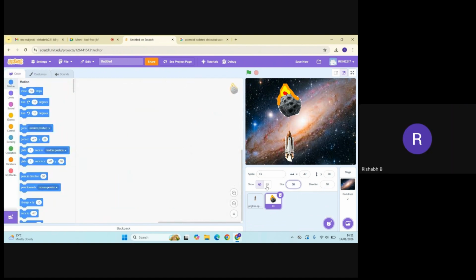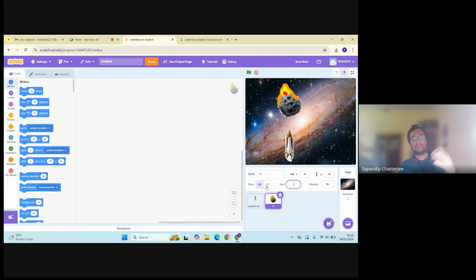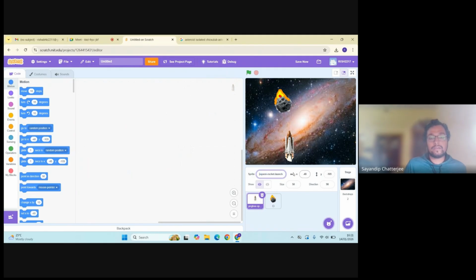What size do you want? 30 to 40, anything less than the rocket ship, right? That would make it look much better. Okay, the rocket is at 50, right? Okay, this is fine. Now the last thing for the rocket, you can delete the